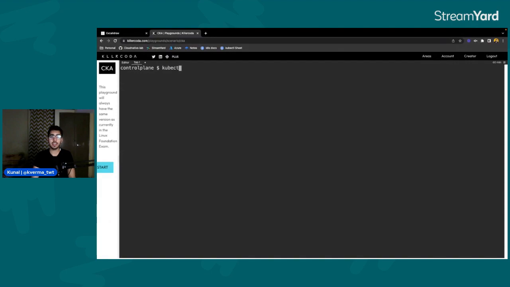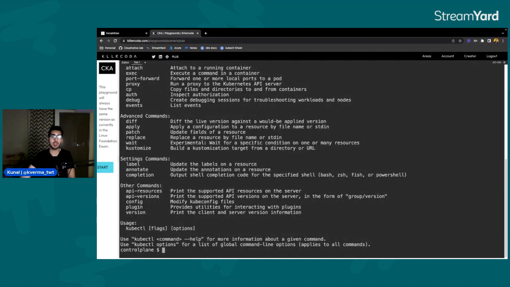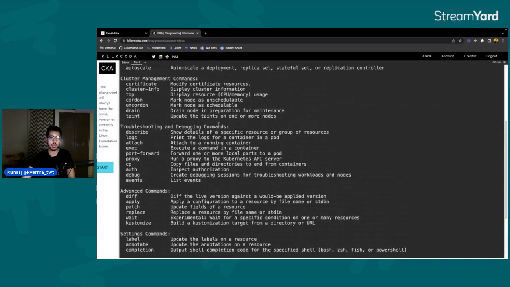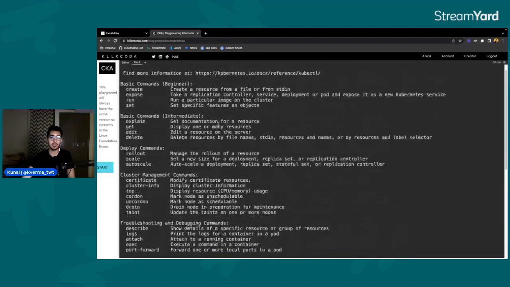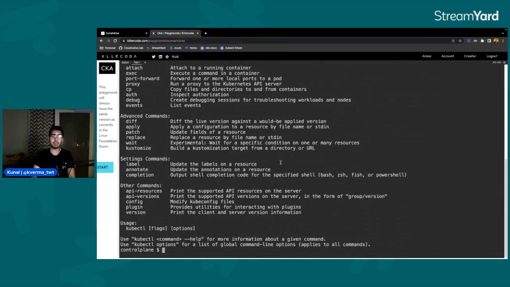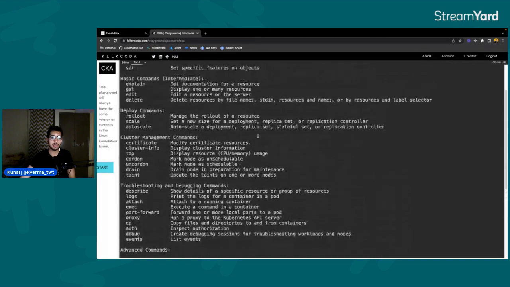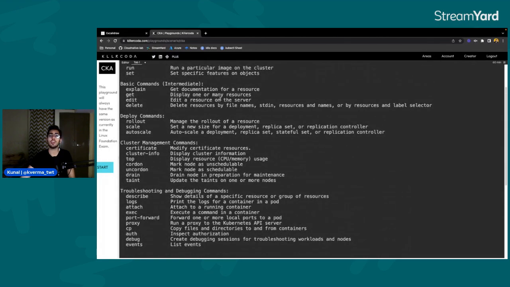Kubectl is already installed. If I just type kubectl, you can see all the commands that you can run with it. But the most basic command that we can use to explore our cluster is the get command. The get command basically displays one or many resources.